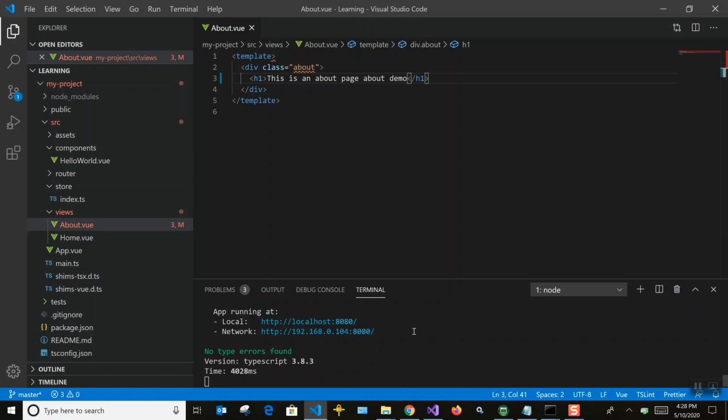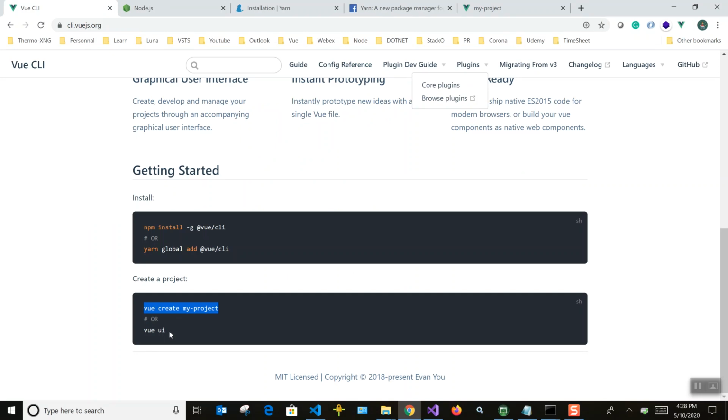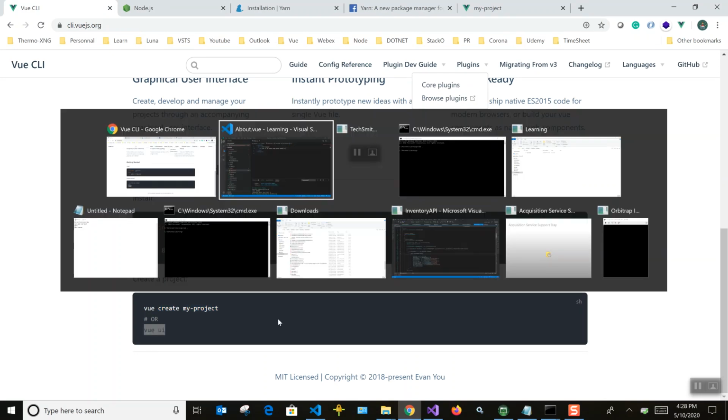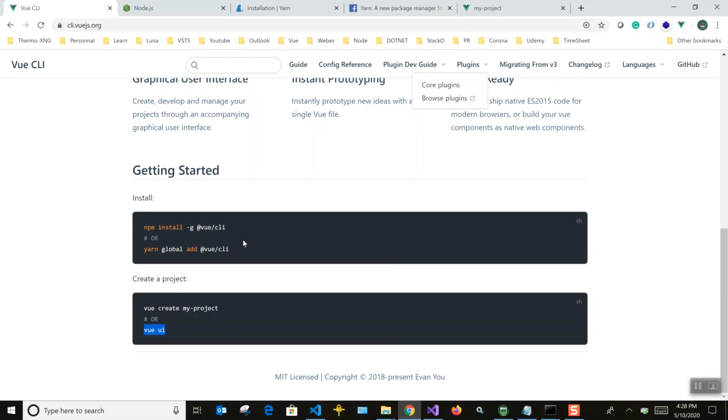So this is with the CLI. There is one more option, where you can use vue ui instead. You can create it from a user interface also. Earlier we used vue create project, right?